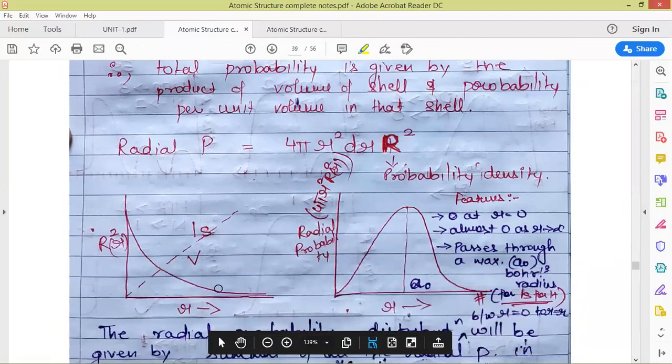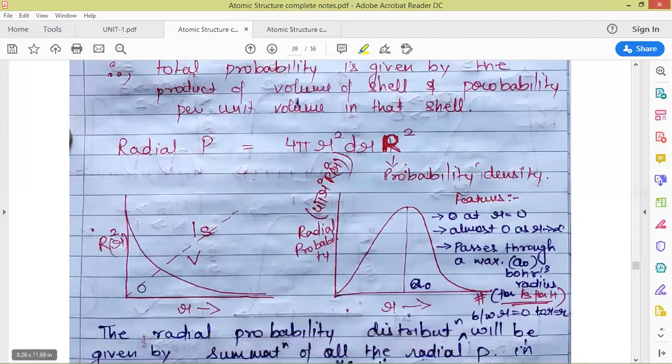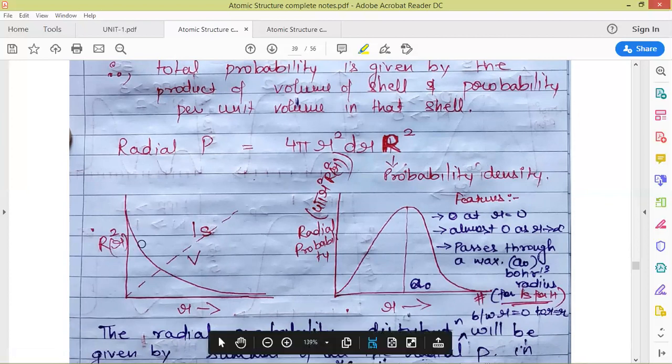So now let us plot these two terms with r. Here this is the variation of R square, which we have already done for the 1s orbital, that it is going to be an exponential term which will become 0 at infinity. And if we plot volume with radius, we will get a line like this, which has been shown with a dotted line. Now, if we want to plot the product of both, we'll have to merge both these things.